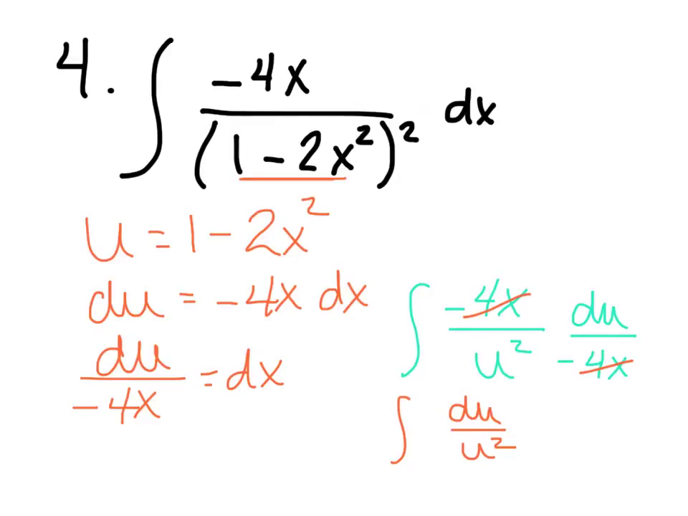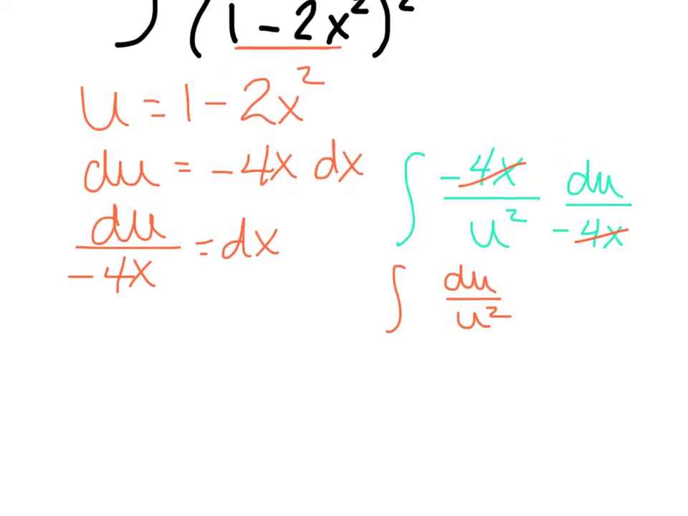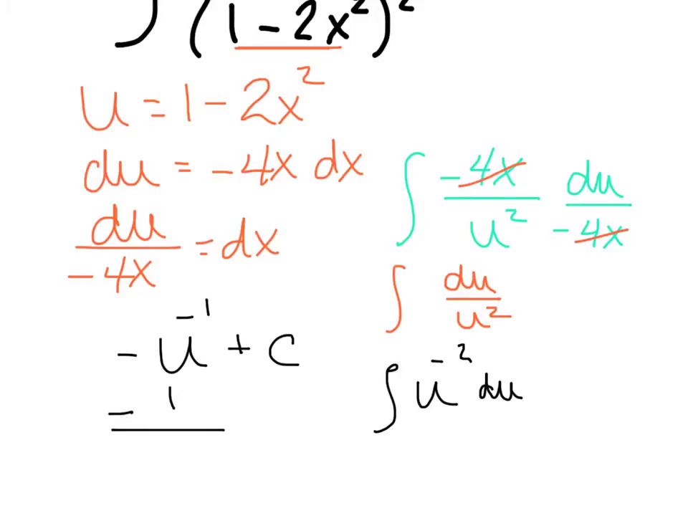All right, so hopefully you've identified the correct u, took its derivative, rewrote your dx, and substituted it in. Okay, so my negative 4x's cancel, and I end up with du over u squared. Now again, I'm just going to rewrite that before I actually integrate it. That's u to the negative 2 du. And I'll integrate, what does that get me? U to the negative 1 divided by negative 1 plus c. So I'm going to say I have negative 1 over the u, which is 1 minus 2x squared plus c